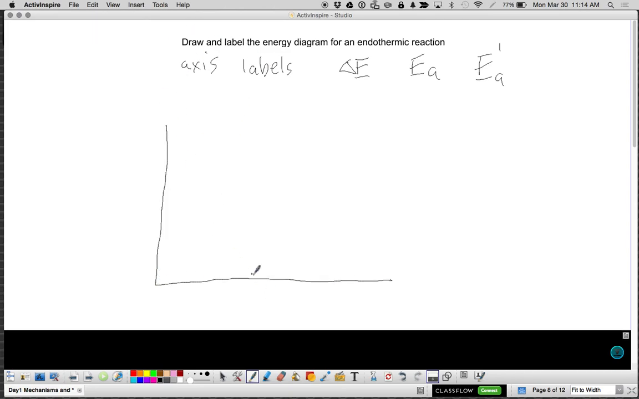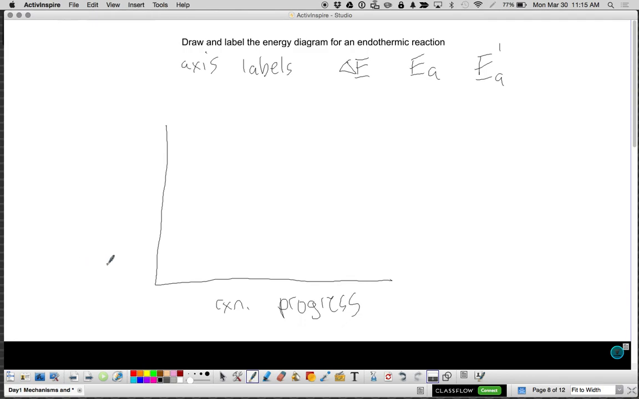Okay, so axis labels. The x-axis is reaction progress, and the y-axis is energy. Energy, and let's call that kilojoules. You could do joules, but some unit of energy. Now you know that an endothermic process requires energy to go, which means that my reactants are here and my products are up here. So here's my delta E